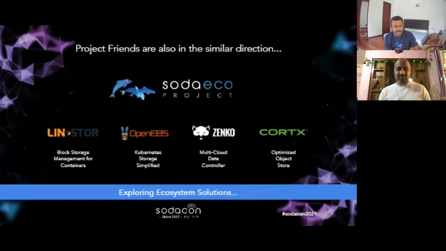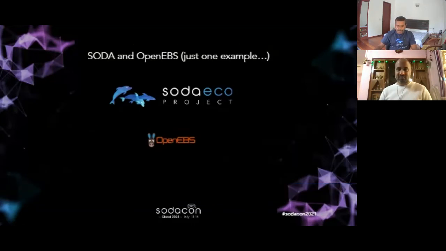Zenko is mainly on the object store on multi-cloud, and Cortex is an optimized object store. As soon as you hear Cortex from Seagate, you may not even think that this could work with all these things. I have already seen a solution, you can Google that, Linstore, Kubernetes, Cortex. So Cortex works on resilience, Linstore works on the data replication part, and Kubernetes on the container deployment orchestration part. It's a nice solution. So that is the way the solutions are getting built. It is not in isolation, it is together, collaborative. So we are actually exploring with these ecosystem projects how we can build solutions. So one of those we will hear from Kiran.